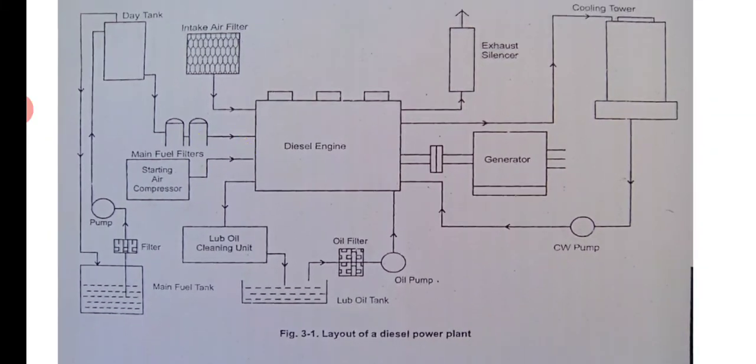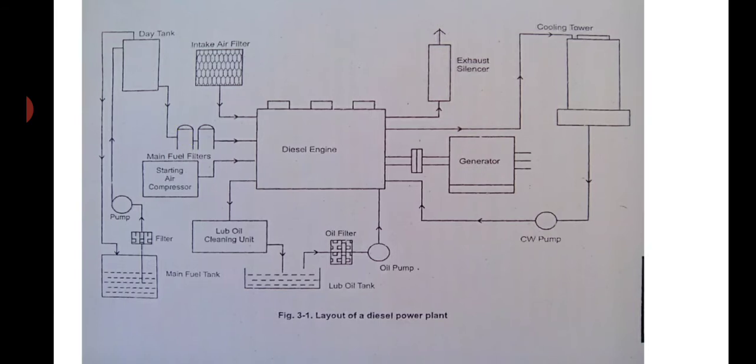But in the power plant, what I have seen, they have additional heaters also. Why? Because furnace oil and such oils, at low temperatures, try to become greasy, and the flow is stopped. Its viscosity increases. So to bring it to the fluid state, electrical heaters are used so that the furnace oil viscosity can be reduced.